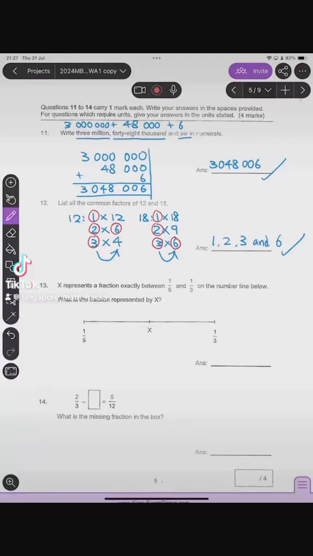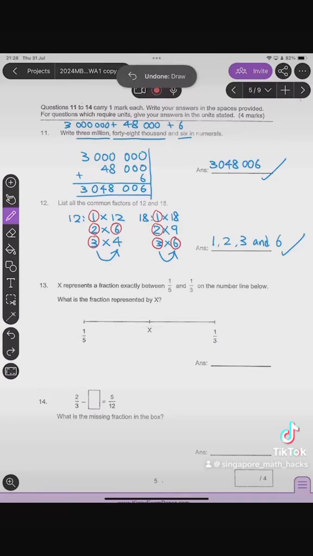1/13. X represents a fraction that's exactly between 1/5 and 1/3 on the number line. What is the fraction represented by x? That means it's exactly in the center, equal distance from 1/5 and 1/3. What we can do is take the two numbers, add them together, divide by 2, and you will get the